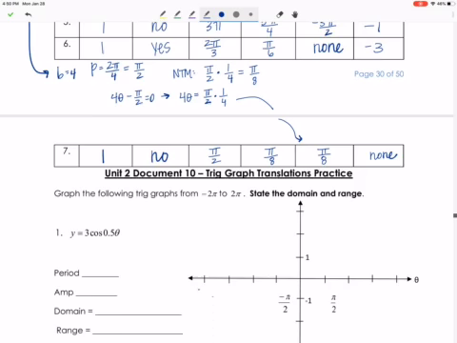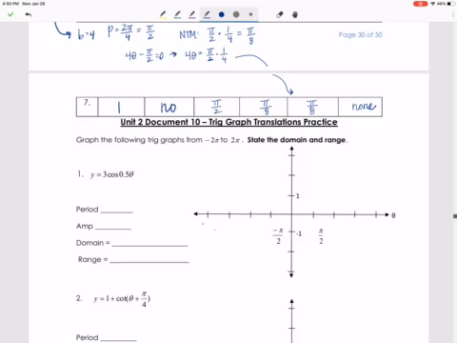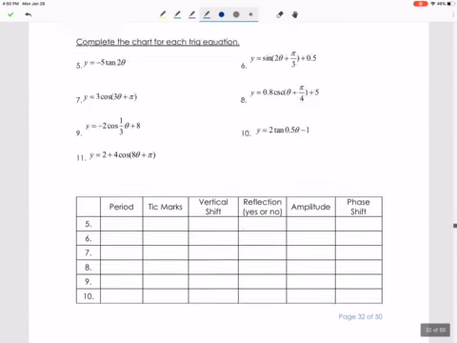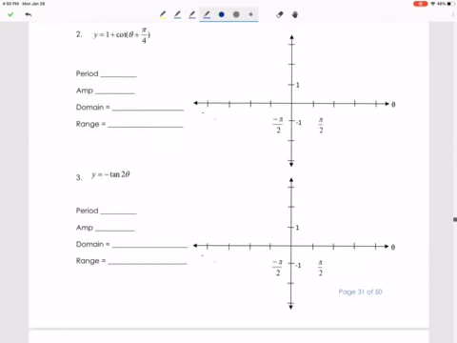I know that was a lot, but I'm leaving document 10 for you to practice. That looks almost identical to document 9. You've got a few less graphs. I would like for you to do this for homework tonight, and I